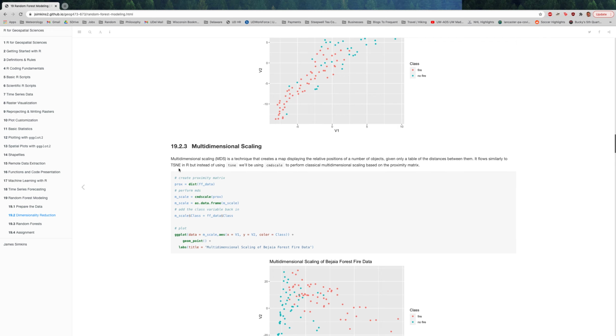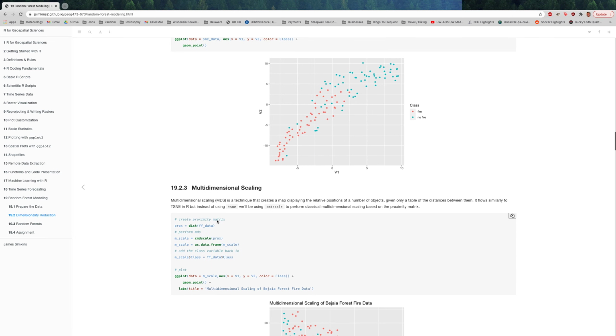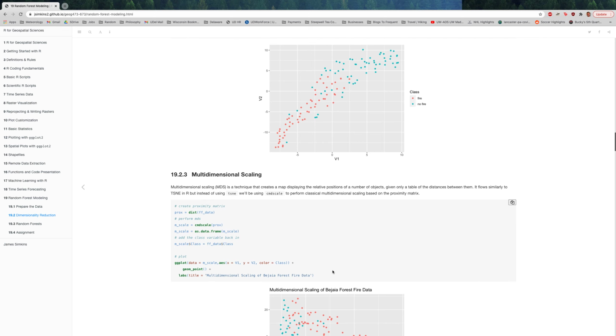We can also scale our different dimensions within this data set, with a very similar routine up here. Basically, this multi-dimensional scaling is a technique that creates a map to display the relative positions of a number of objects only given the table of distances between them. So it's based on the eigenvalue distance matrix, and it flows similarly to the t-SNE, but we're just going to be using this cmdscale for multi-dimensional scaling. So again, it follows the same exact